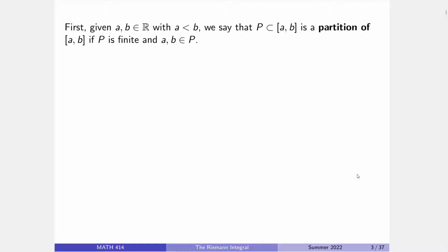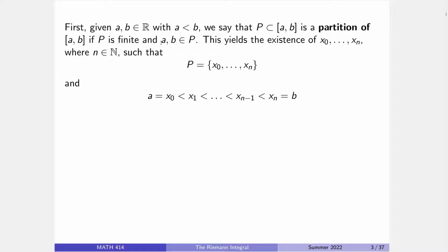The first thing is, let's formally describe what a partition is. In a non-degenerate closed interval from a to b, a partition is a finite subset that has the endpoints. That's it. Any finite subset that has both endpoints is a partition. Note, because it's finite, we can put it in a list. The list has at least two things in it, because it has a and b, so I can list it using a natural number, which starts at 1, x_0,